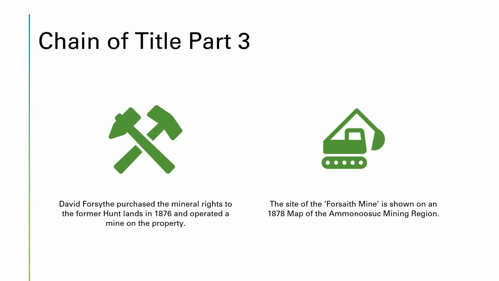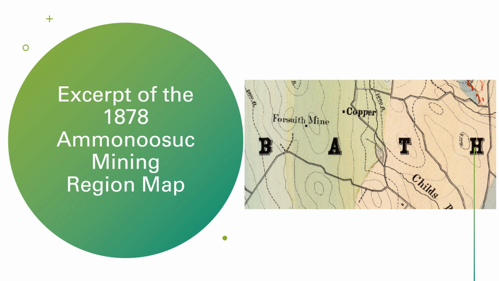And the site of the Forsyth mine is shown on an 1878 map of the Ammonoosuc mining region. And this is an excerpt of that map. You can see the Forsyth mine as it's styled here, and also the two dead-end roads. So this enables us to form a preliminary conclusion that this is where the Hunt lands lie, and we will